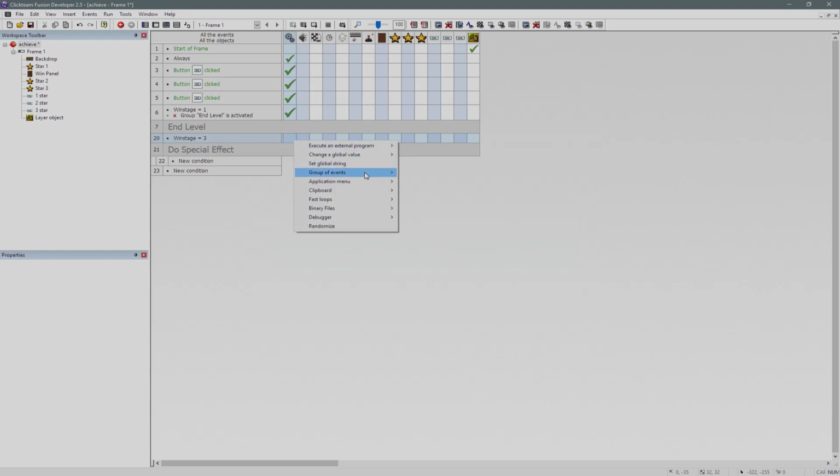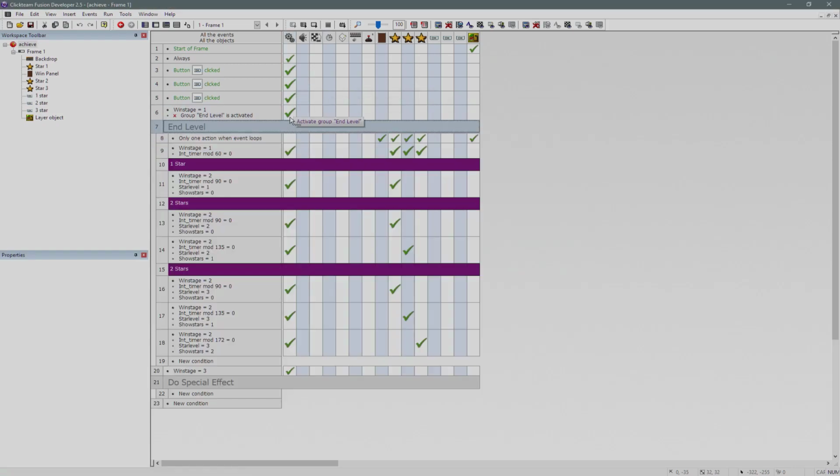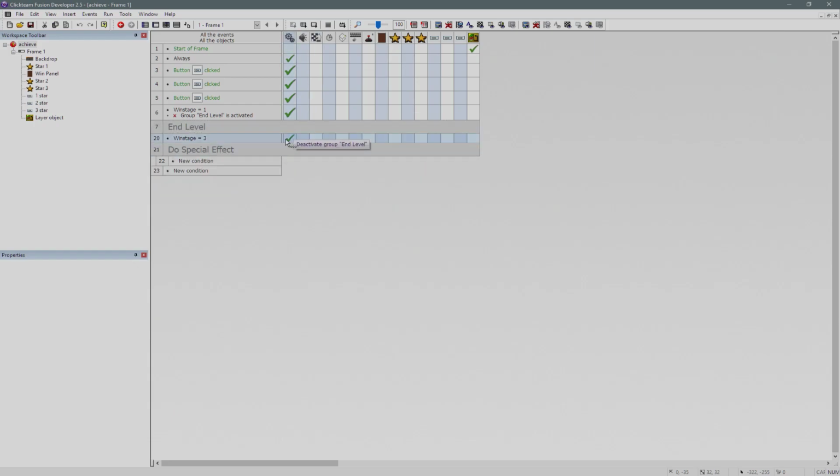What we're going to do is deactivate the end level, because that effect is done now. So win stage equals 1, we open up this end level, we display the panel, we display what stars we're going to show, and then we simply close the group because we don't need to do anything more with those events. So when win stage equals 3, we just need to make sure that end level is activated. Then we're going to tell it to deactivate. And then we need to create one more event outside the group that says win stage equals 3,